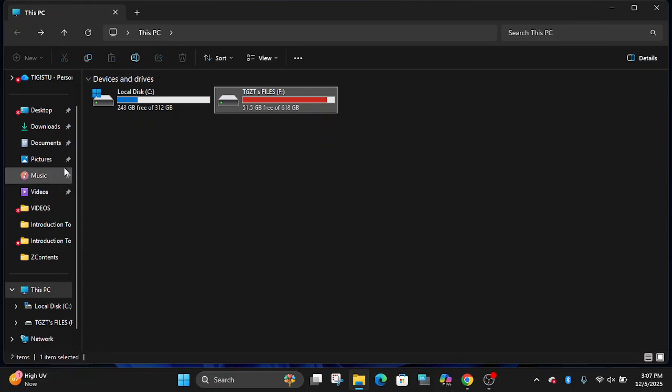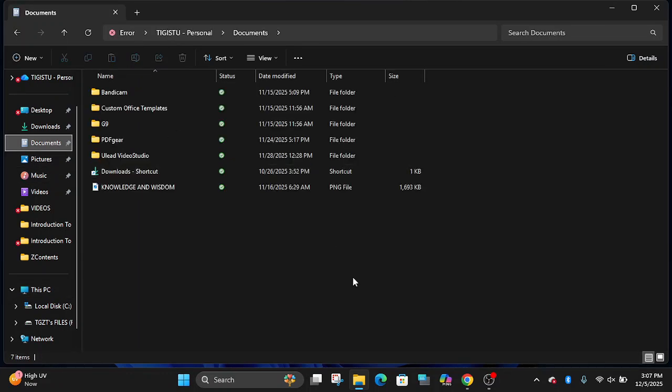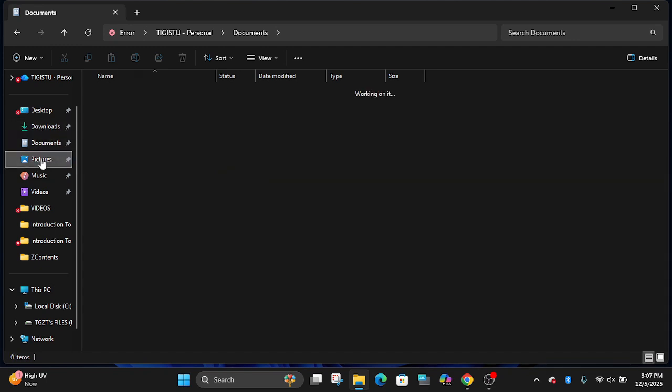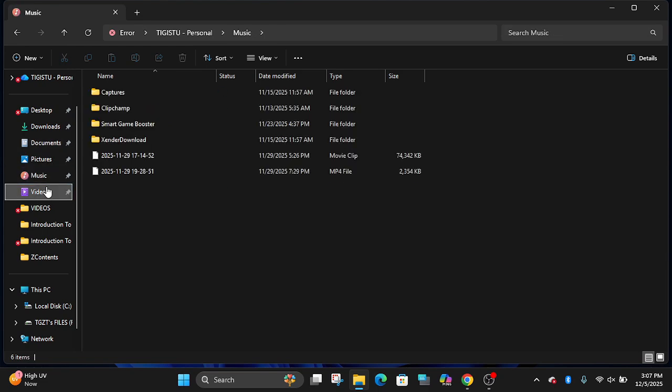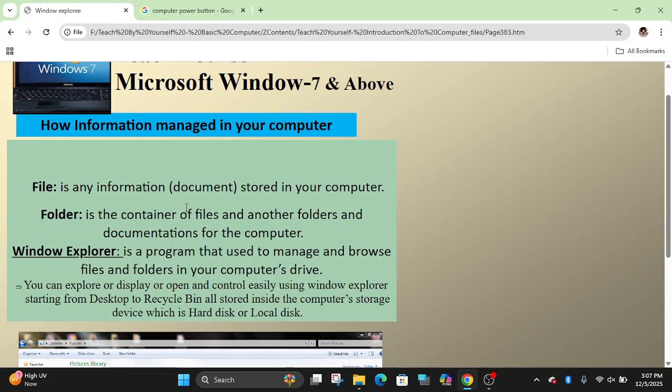Therefore, a file can be a picture, a document, audio based, video based, or animation based. It is stored in your computer, and every file has its own format and its own icon. You can identify one file from another by their file extensions.